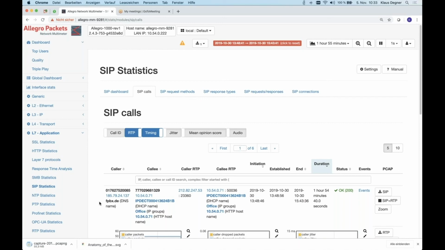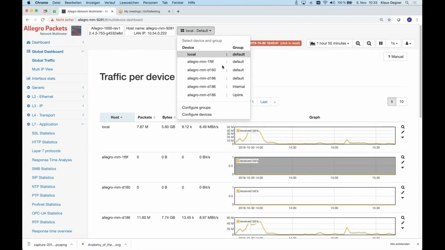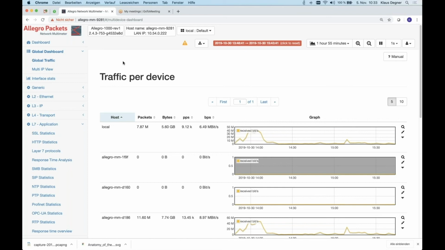So that's a very, very small overview of the Allegro. There are a lot more features behind. We can even measure the latency between two Allegros passively. For example, we have an overview implemented right now, which we call a global dashboard. If you have multiple Allegros, if you have multiple mirror ports or multiple lines you monitor, you can even use one Allegro to analyze multiple links at one time, which we have here, where you can switch between these lines or easily between Allegros. So there's already a lot of features in it.